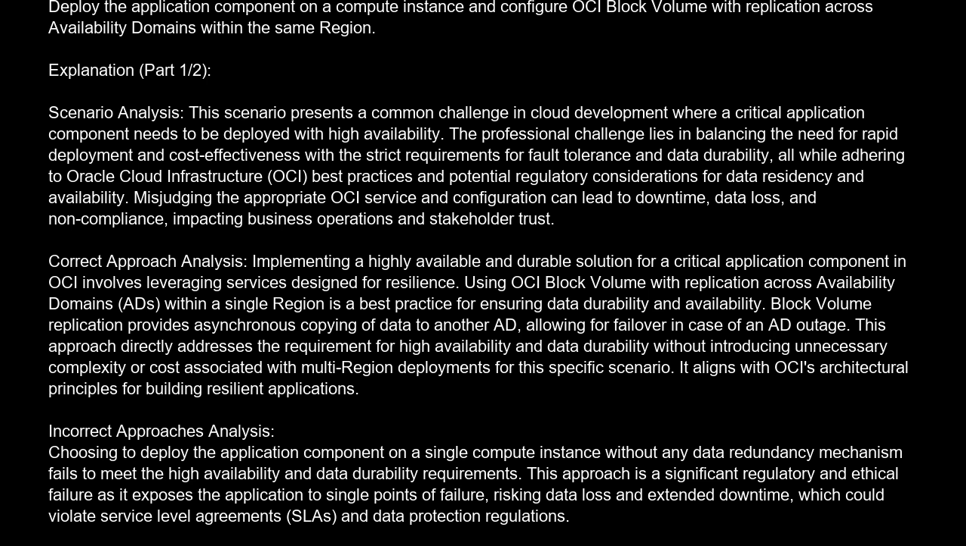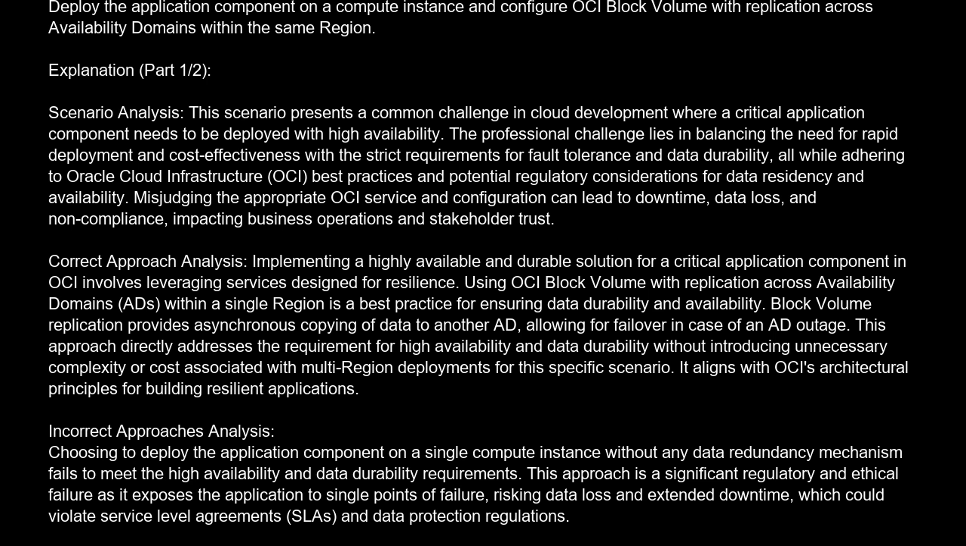deployed with high availability. The professional challenge lies in balancing the need for rapid deployment and cost-effectiveness with the strict requirements for fault tolerance and data durability, all while adhering to Oracle Cloud Infrastructure (OCI) best practices and potential regulatory considerations for data residency and availability. Misjudging the appropriate OCI service and configuration can lead to downtime, data loss, and non-compliance, impacting business operations and stakeholder